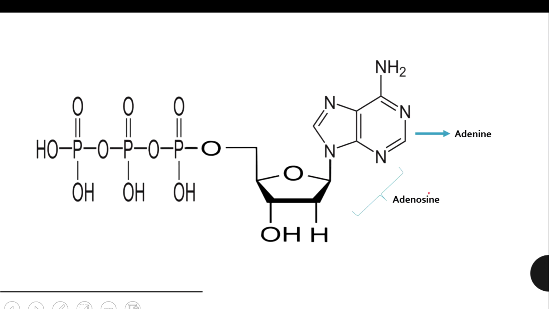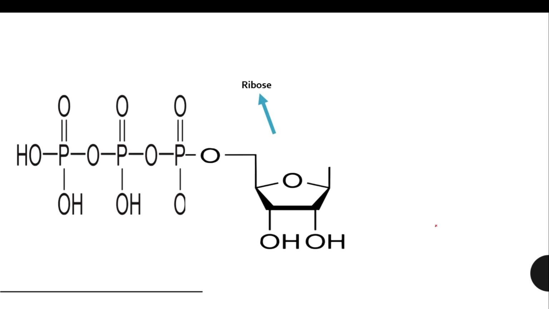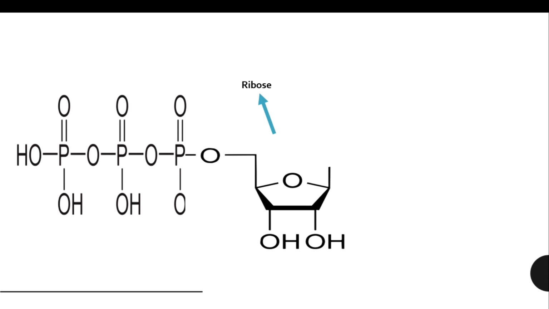Right, this is an example here. So how do we call this one? This is a deoxyribose sugar, different from the ribose sugar, so we call this one dATP. Now we have changed the ribose 5-carbon sugar. Now we will see what happens if the base is changed. It is the same thing, but here we have taken a ribose sugar as an example. Now the base has been changed; this is nothing but thymine.